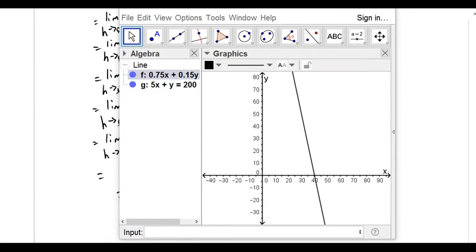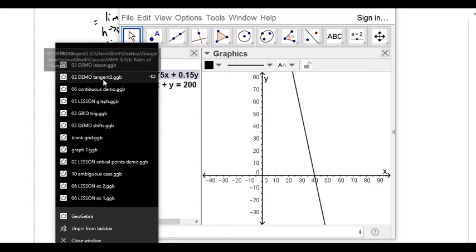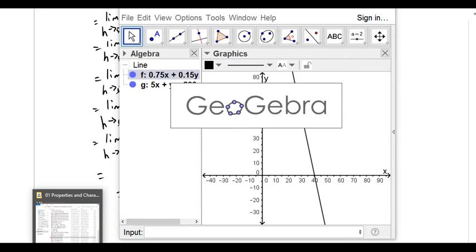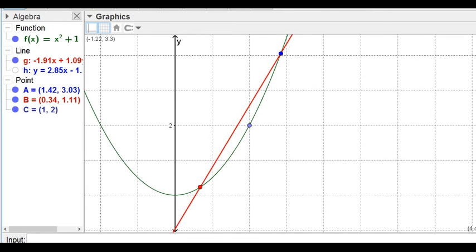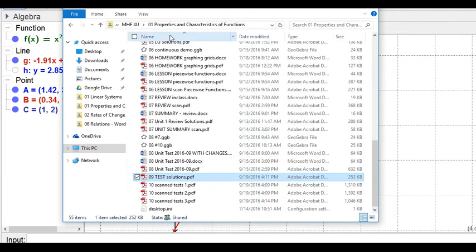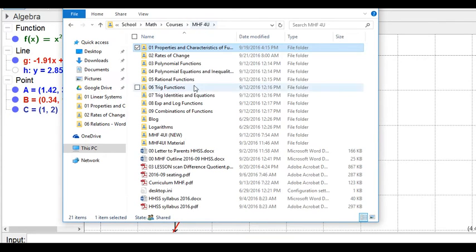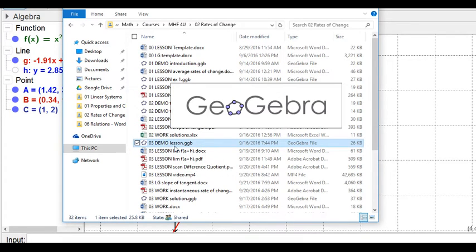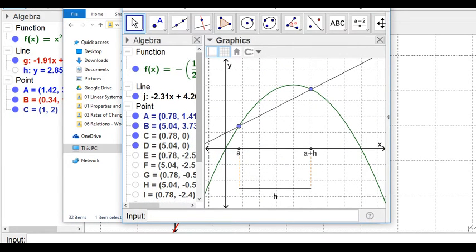Let's see, is that right? I don't think it is. Ah, wrong one. Demo. So this was our